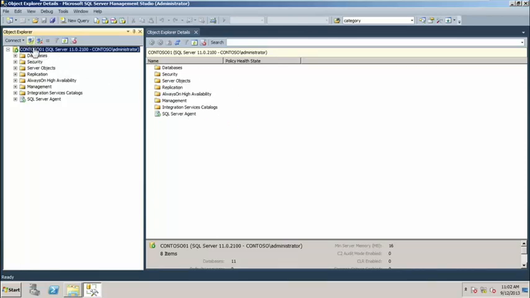Let's start, first off, I talked about instances. This is an instance of SQL Server that's running here at the top level. I don't have multiple instances. If I had, I could use the same tool for managing multiple installations of SQL Server. We're going to focus on just one instance here.